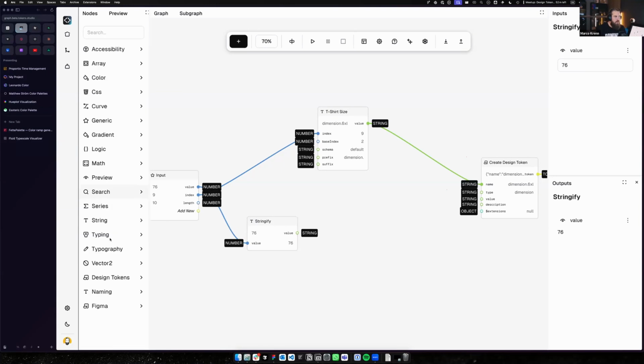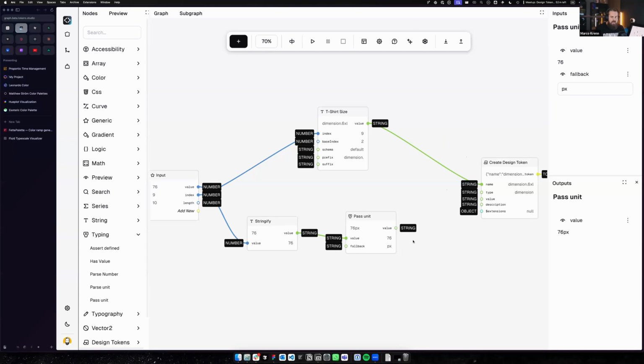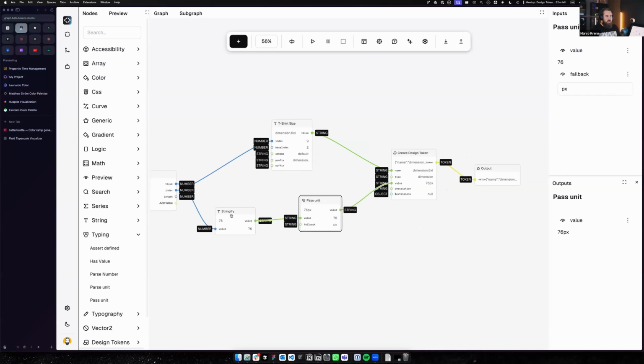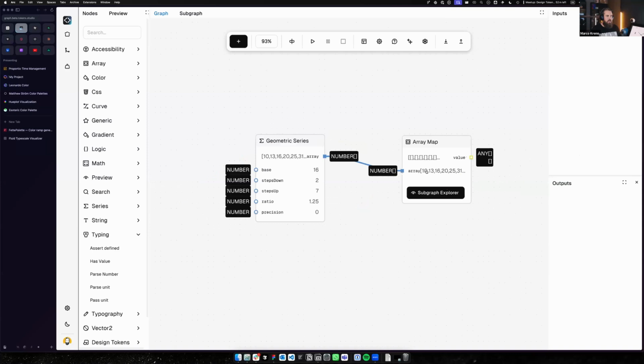And now I just want to do one thing. I actually want to give this a unit. I know at the beginning you're kind of like, oh damn, where do I find all of this? It takes a few days to get into Graph Engine, but once you have a hand of it, you'll see why you love it. I can tell you that much. Okay, so we have our logic. We add pixels, we add a name,